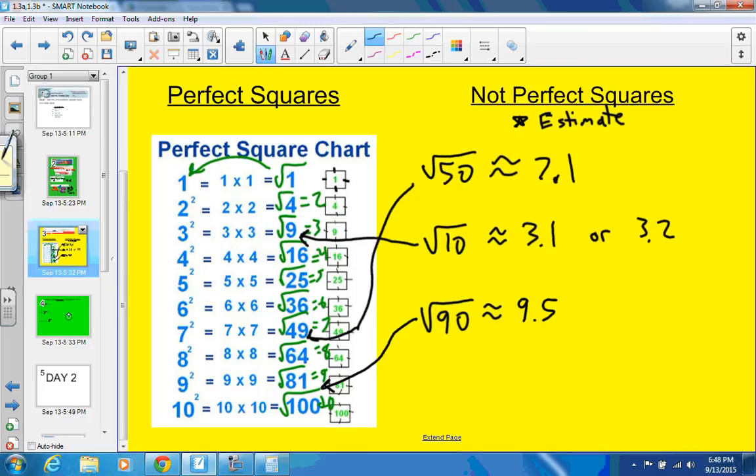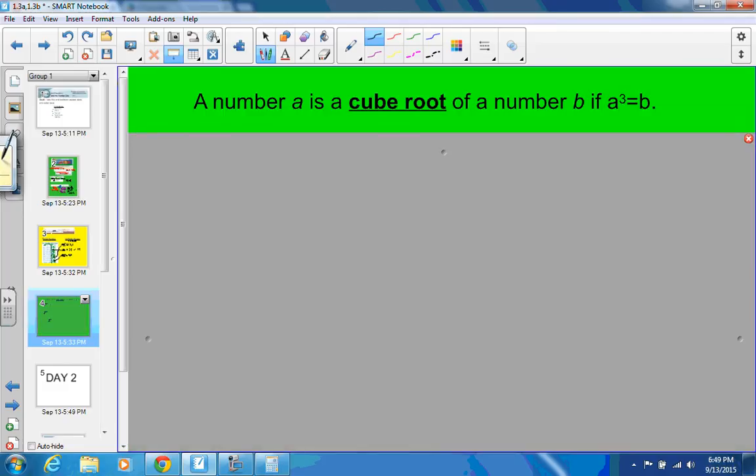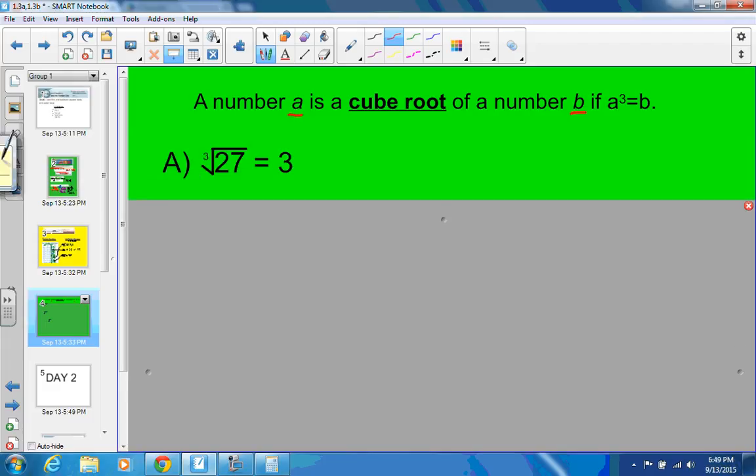Okay, let's go on to cube roots. Cube roots are slightly different. The only thing different we said here, these are variables. A number a is the cube root of a number b if a cubed gets you to that b. So if you're trying to find the answer of a square root, that would mean what number times itself would get you there. So for instance,